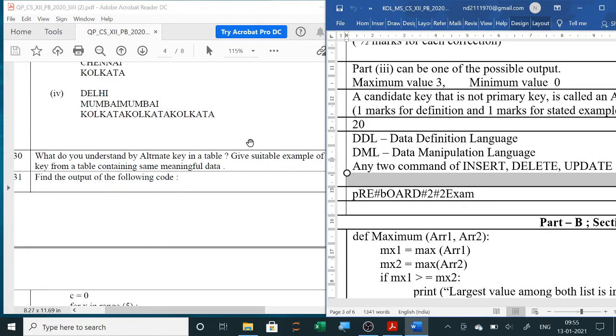Now in your class, all the students with unique name, unique address, unique phone number, so all are candidates to become primary key, but only roll number and admission number we are making primary key. So the rest of all the keys are your alternate keys. So an example also you have to give.